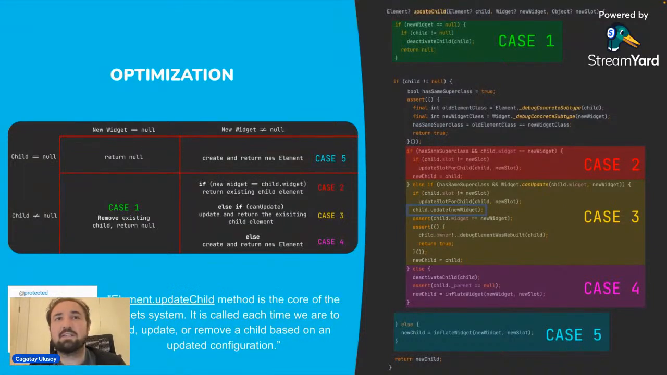Although we provide a new widget tree when we change the UI at the millisecond level, the element tree and the widget tree are not created all the time. The Flutter framework tries to reuse these elements and the render trees, the render objects, as much as possible. And then there is this method,